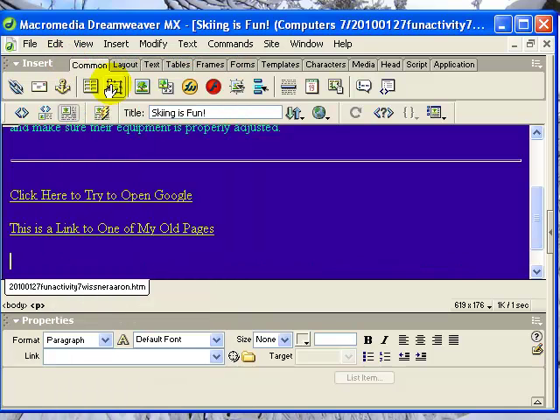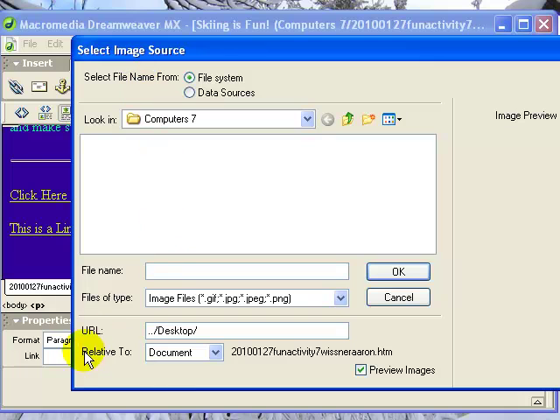What we want to do is put this into an image tag. So we press image, and where it says URL for Universal Resource Locator, we erase whatever's in there by pressing the backspace and delete keys. Then we can paste the address just here. The full address will go into that box, and if you use your arrows you can see the full address is there all the way from the HTTP to the end. And DreamWeaver will write skiing.jpg just here. Do not change either one of those. Click on OK,